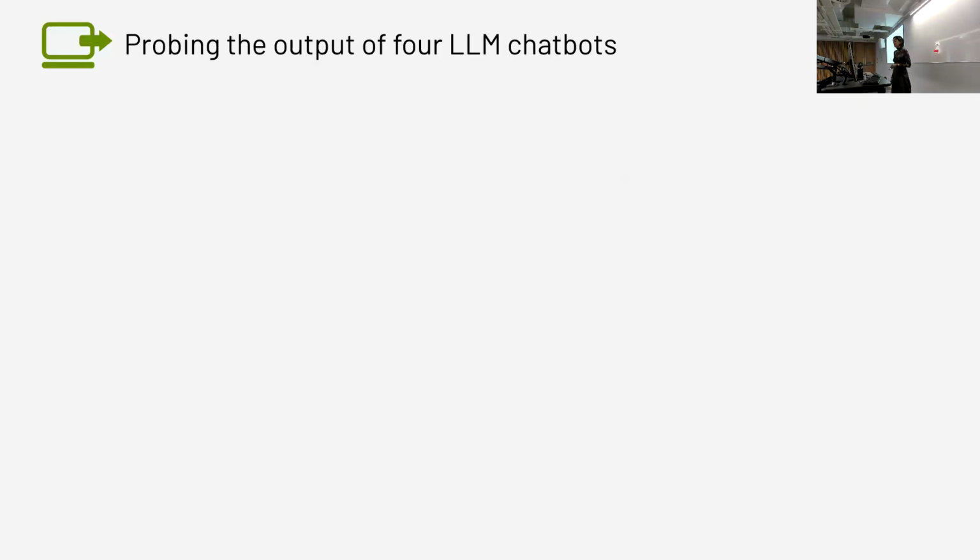With probing the output of 4 LLM chatbots, since we can't directly see inside the black box of these closed models, probing the model through prompting allows us to analyze what we can't directly observe. Through an iterative process with GPT 3.5, we first developed a series of 14 questions that, at a high level, fall under the following 4 categories. And then we ask those 14 questions from these 4 models through their chat interface.